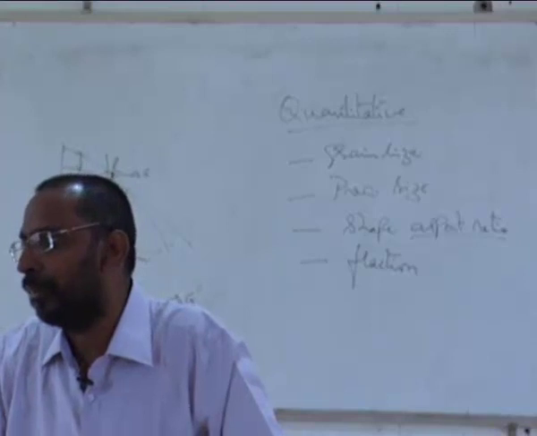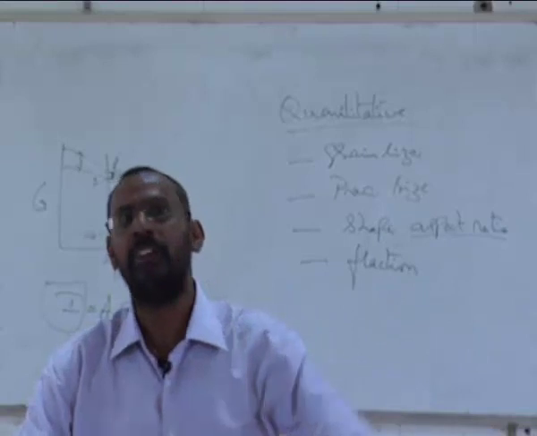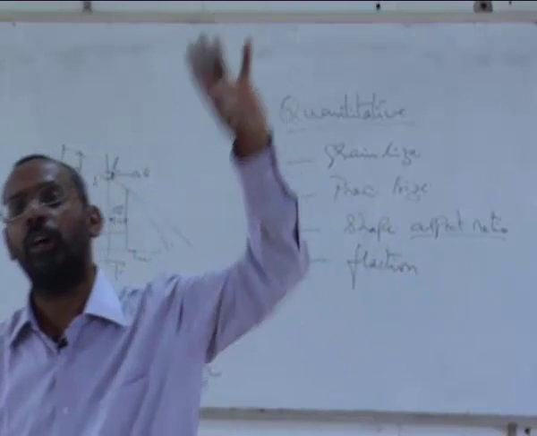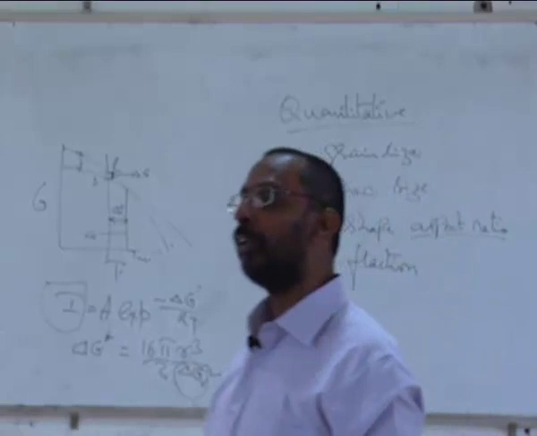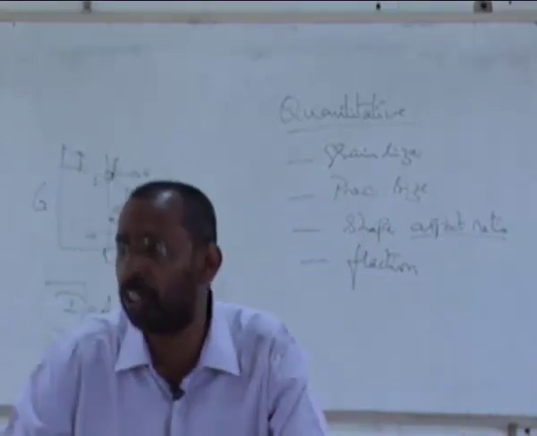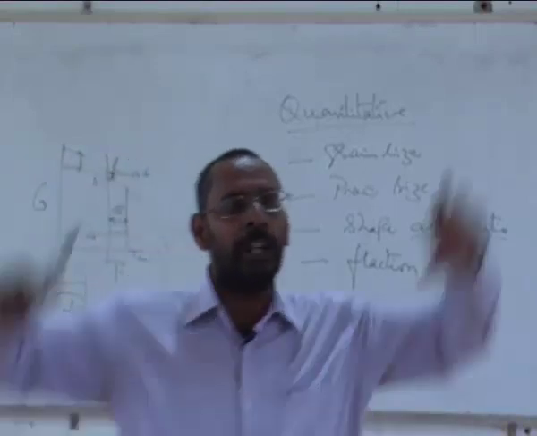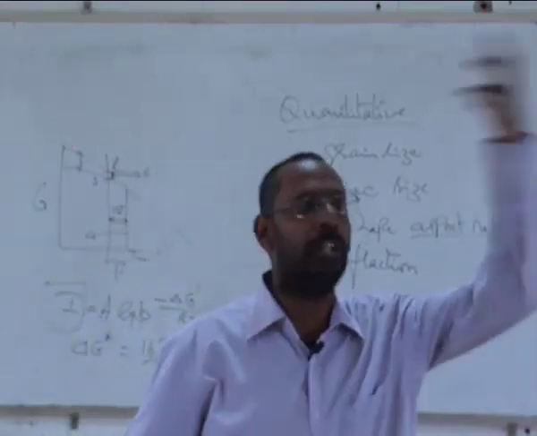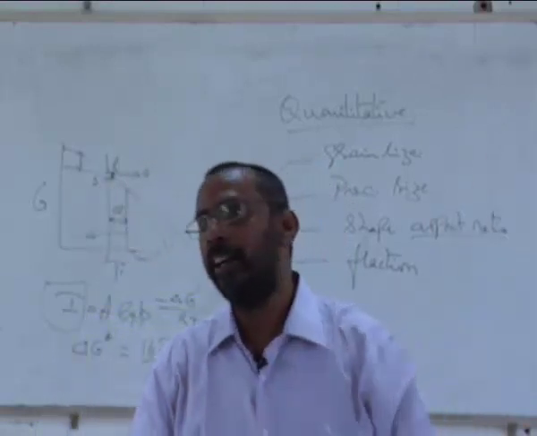It doesn't happen. There is always something called transient nucleation. That means some nuclei form at some regions and they start growing, and while these start growing, nuclei can form at some other regions. In a liquid to solid transformation, this is more difficult to understand if it is particularly homogeneous nucleation, but if it is heterogeneous nucleation, it is not very difficult to understand. Because if it is heterogeneous nucleation, depending on what are the heterogeneous nucleating sites that are there, some of the heterogeneous sites may be more potent nucleating sites.